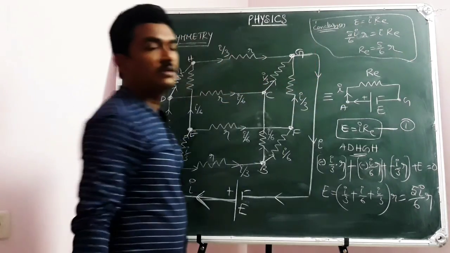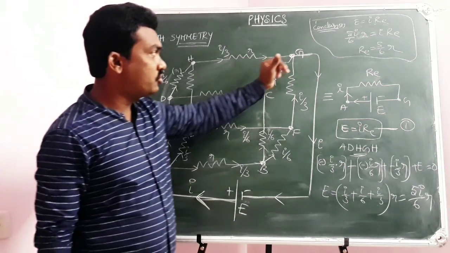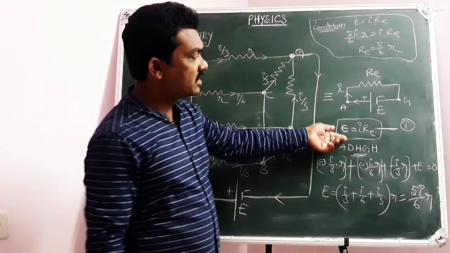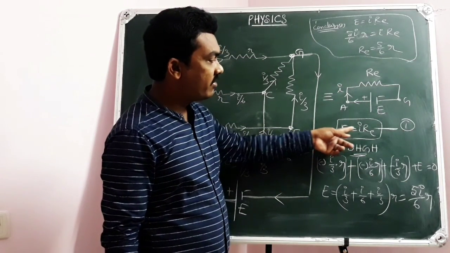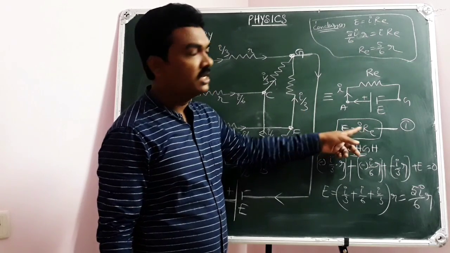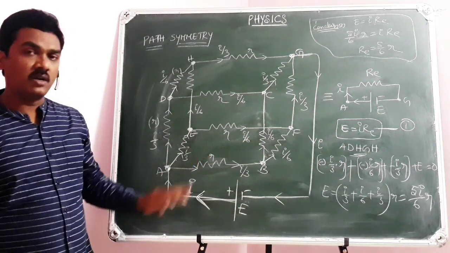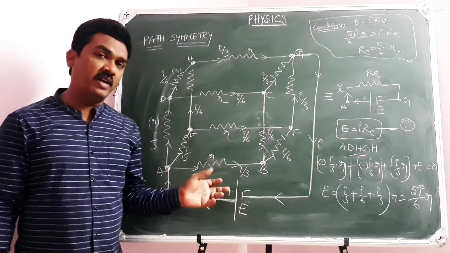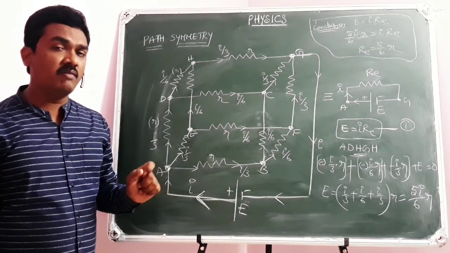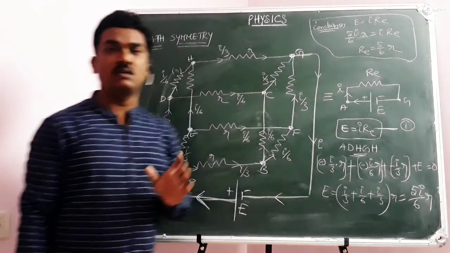This is the conclusion. So the equivalent resistance across the body diagonal A to Z is 5 by 6 times of R. So I have taken the first equation for the equivalent circuit, then the value of E derived in terms of I and small r, then I will get cancelled on both sides, then RE you will get in terms of R. So when 12 identical resistors, each of resistance r, are connected along the sides of a cube, then the equivalent resistance across the body diagonal is 5 by 6 times of r.